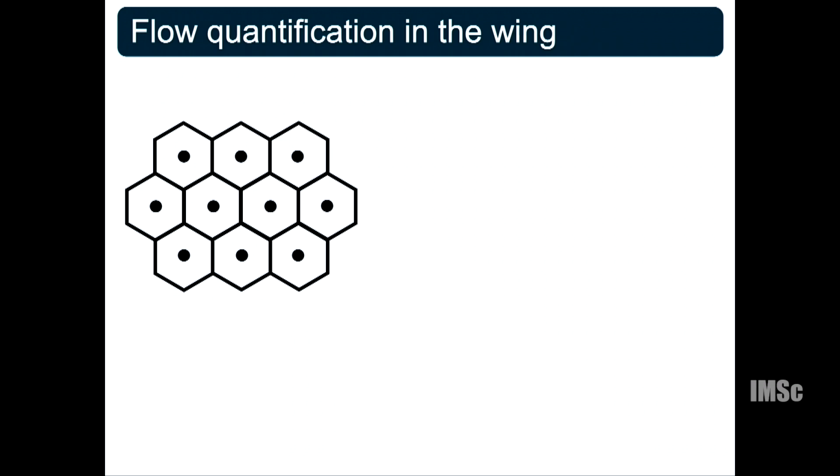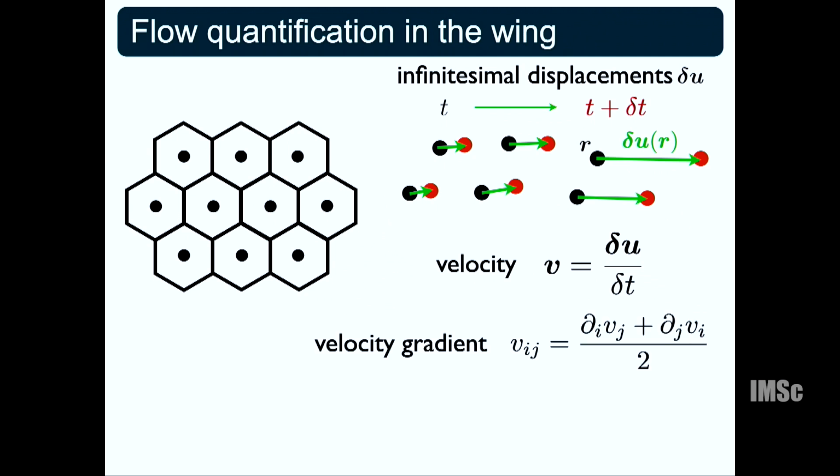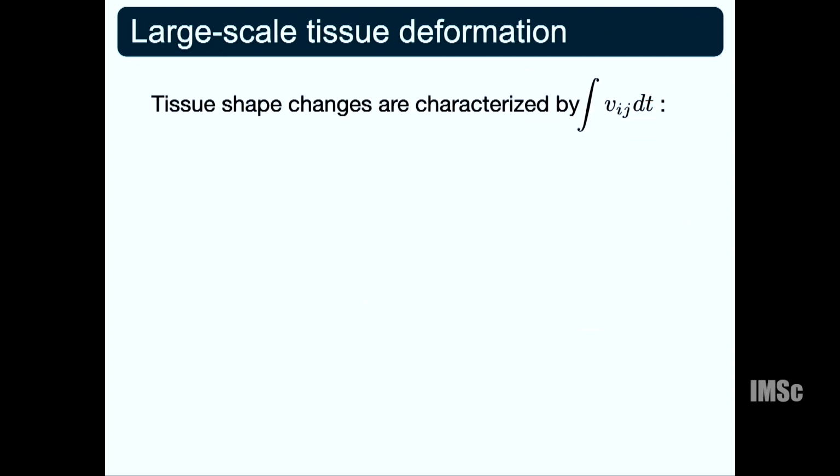So think of this schematic. I have a network of cells with the cell centers, and if I have this movie where I can track each of these cells, I can calculate the spatial velocity field, right? Velocity field as a function of position. And if now I calculate the velocity gradient from this calculated velocity field, I know that the total tissue deformation is related to the velocity gradient tensor. How? Just to give you an example,